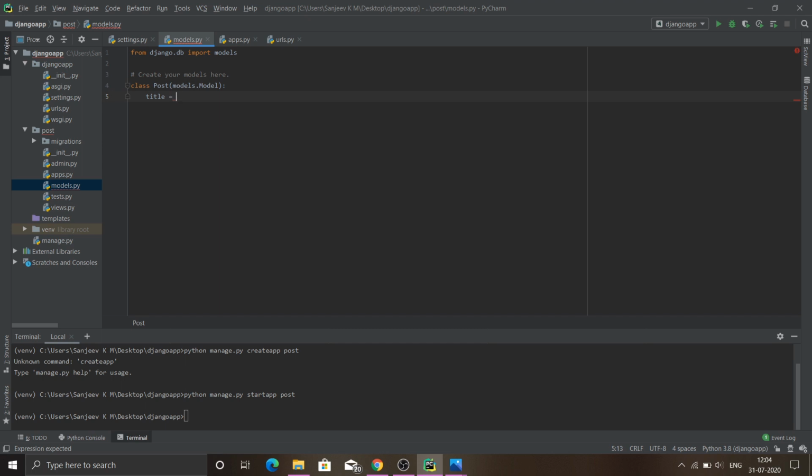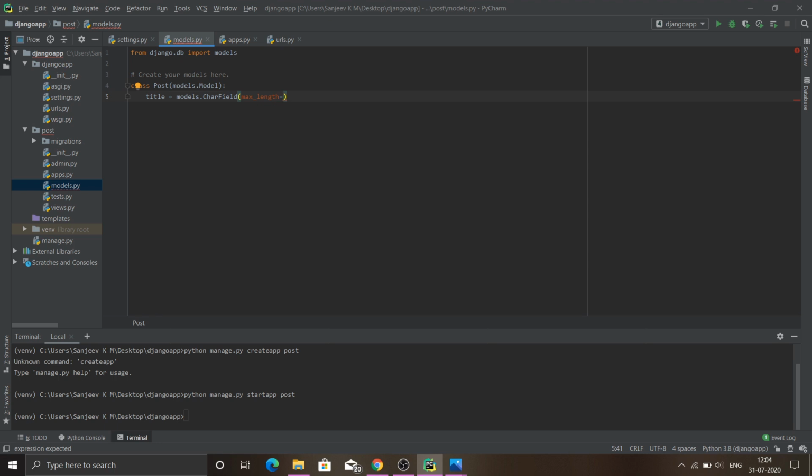So first field can be called the title of the post, and this is going to contain a character field that's going to come from models, and it's going to contain max length. I'm providing max length attribute here, and this defines how long our string can be.